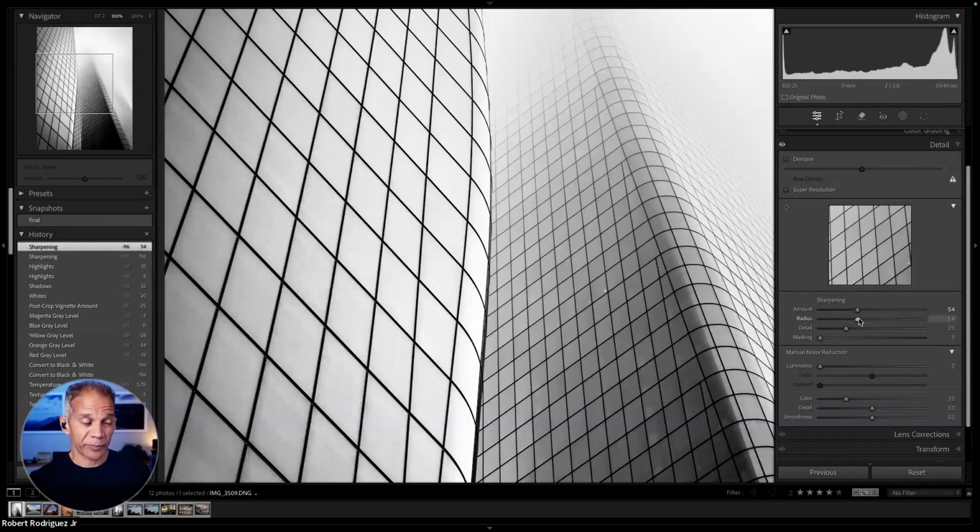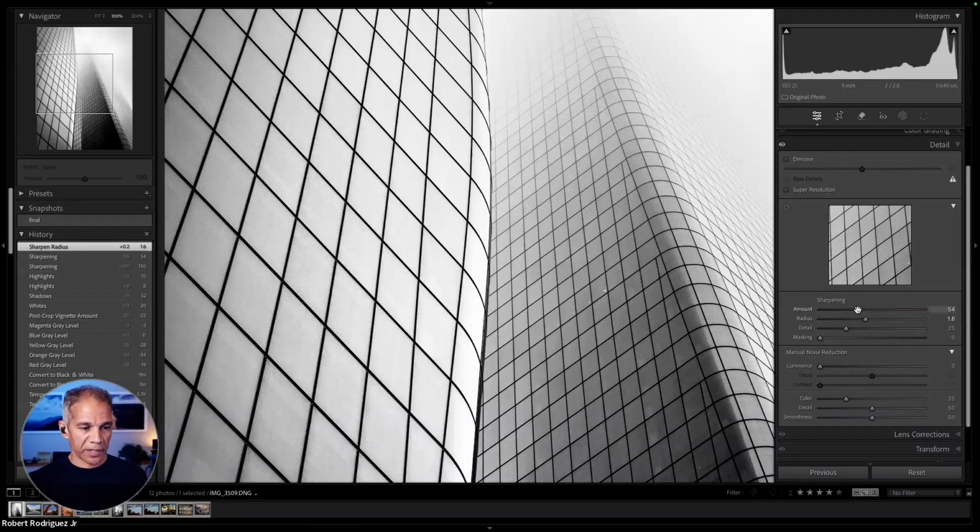The radius adjustment is for determining how wide your sharpening is going to be on each edge. So if you use a low radius, you get a very thin, fine sharpening for each edge. But I don't have a lot of edges here. This isn't your typical landscape. My edges are very broad. They're very, very specific. As I said, it's just each of those lines on the building. So I can use a fairly high radius here. And that means that each edge is going to get a wider sharpening, giving me a simpler sharpening, meaning I'm not going to get sharpening in very fine areas like the glass,